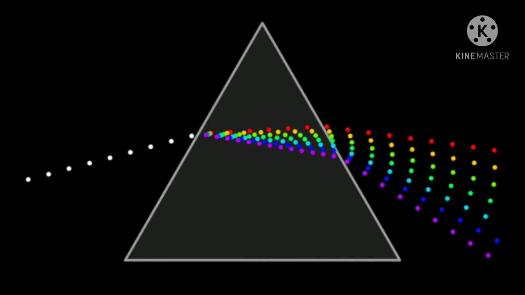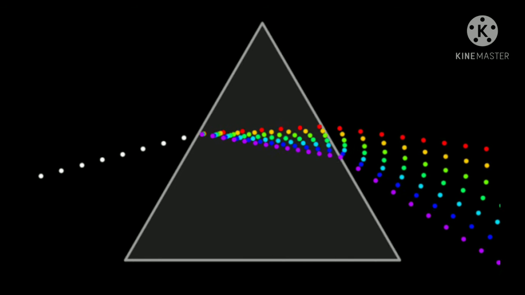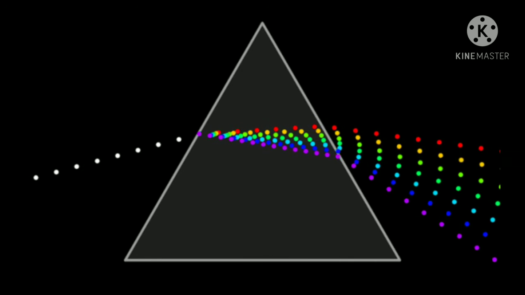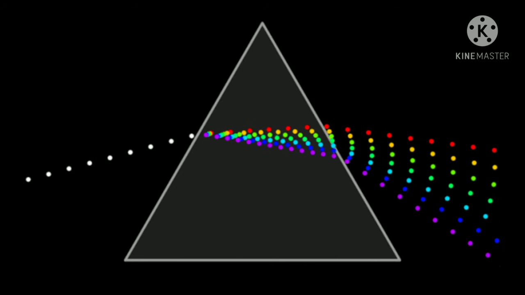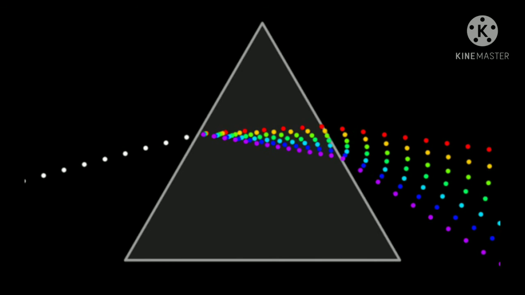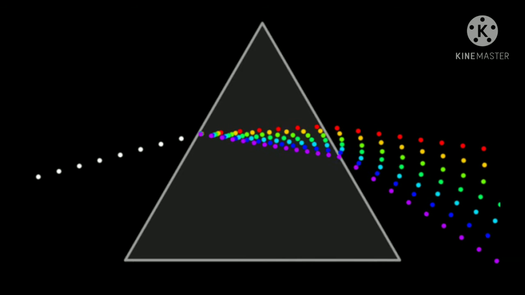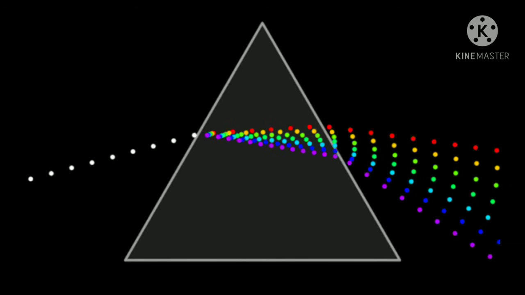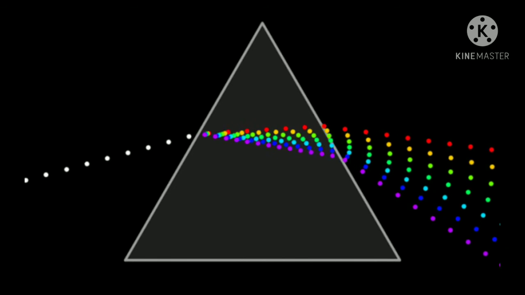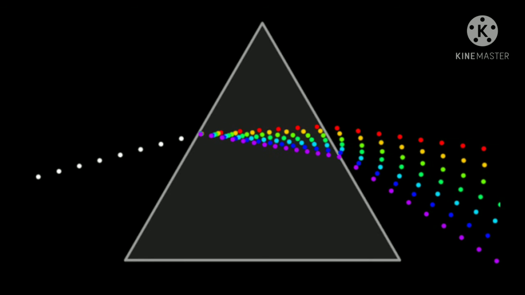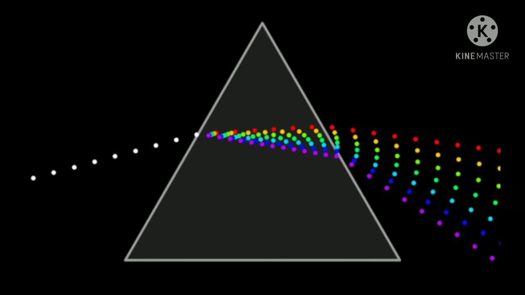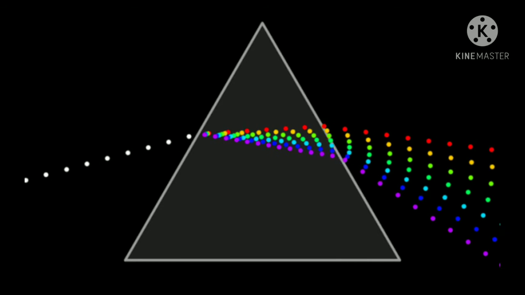Some lights are refracted, and that light is what? That is a band of colored components of the light beam. This is called the spectrum. Here the prism has split the incident white light into a band of colors. And those band of colors, I think we have seen in the rainbow, isn't it?